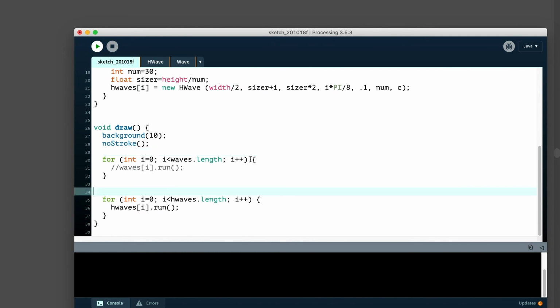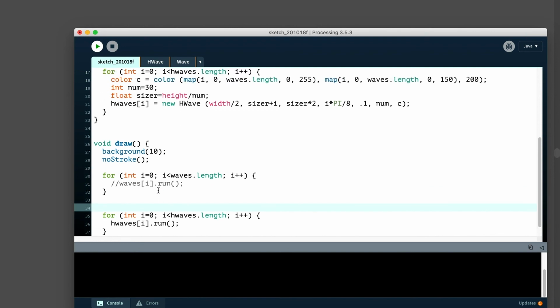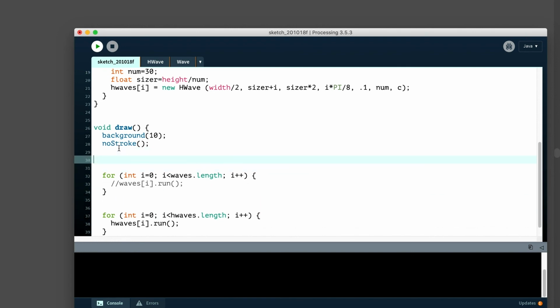Yeah, and so what I'm going to do is use the modulo function. Let's see how I might want to do this. I could set up something simple like this: if frame count modulo 100. So when we divide the frame count by 100, what's the remainder? If it's exactly 100 or 200, it's going to be 0, and then it starts to go up.